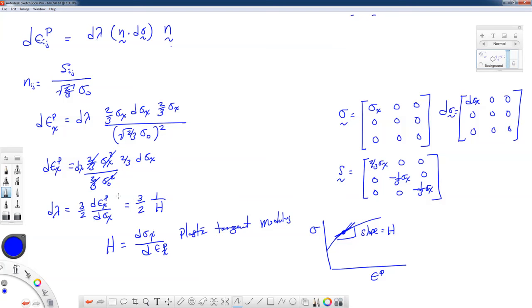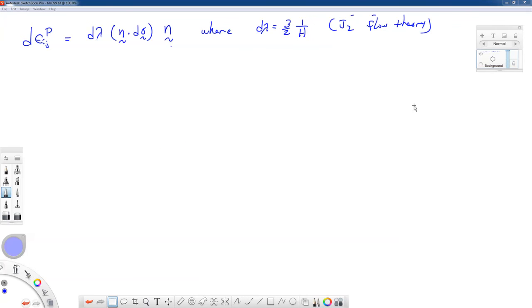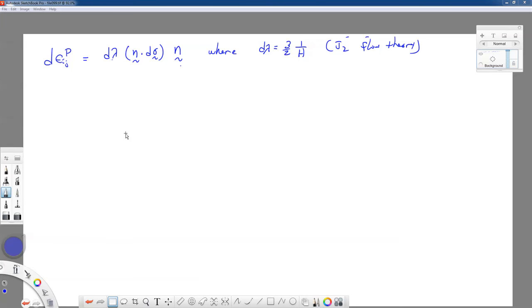So in general then, let me make a new page. We have d epsilon ij plastic is equal to d lambda n dot d sigma n. And here d lambda is equal to 3/2 1 over h, where we're using J2 flow theory. Now, if we furthermore use the Ramberg-Osgood material description,